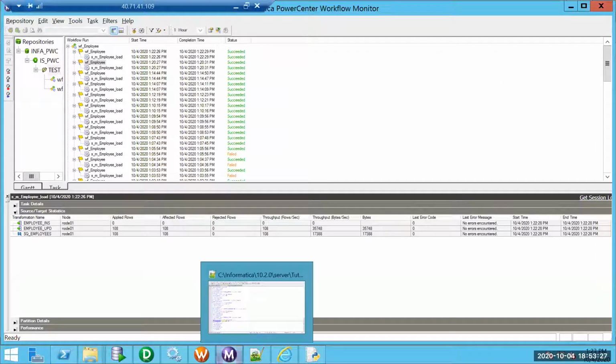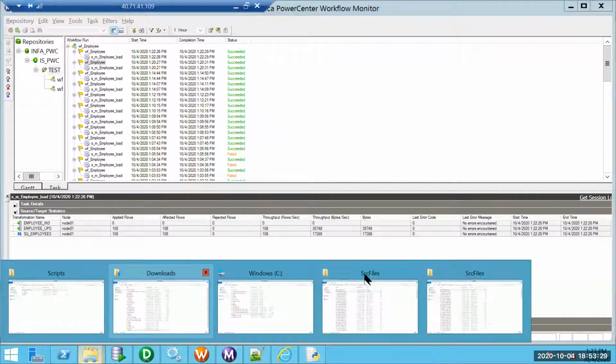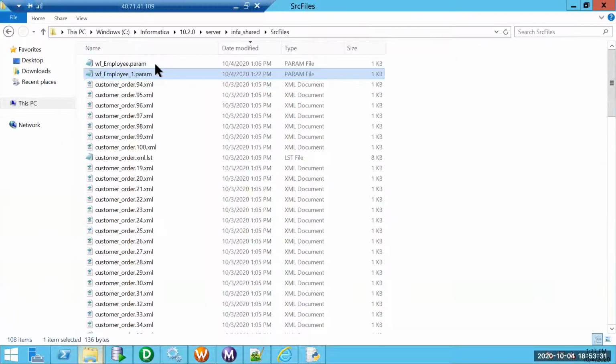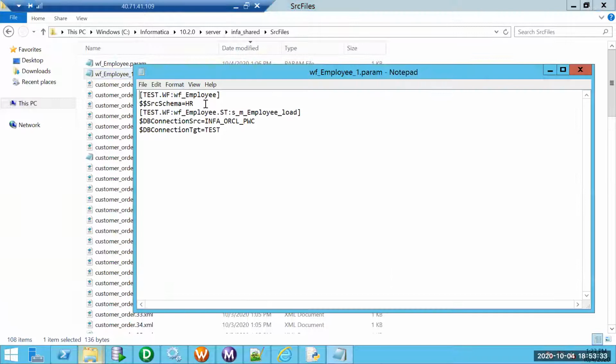Yeah, this is with respect to two ways: one is at a session level, one is at a workflow level. The thumb rule is we can define something specific to a workflow, generic to the complete workflow, or specific to a session. Only thing is folder name dot WF colon workflow name dot ST followed by session name.